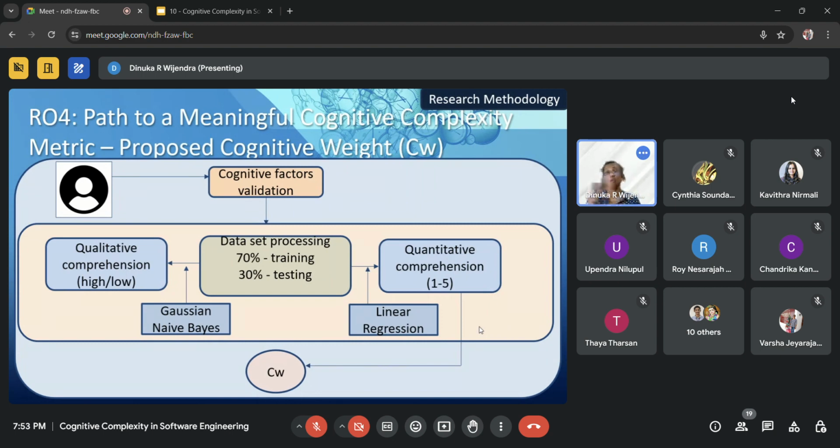From that, for each and every person, different cognitive values or cognitive weights are generated. Your cognitive weight is not applicable to another person. So you can't say I used any assumptions, because this cognitive weight is generated based on the factors you input to my model. For the same program, if someone else inputs or validates, that cognitive weight is different. From person to person this CW value is different. It means it is subjective, plus it is a quantitative value.